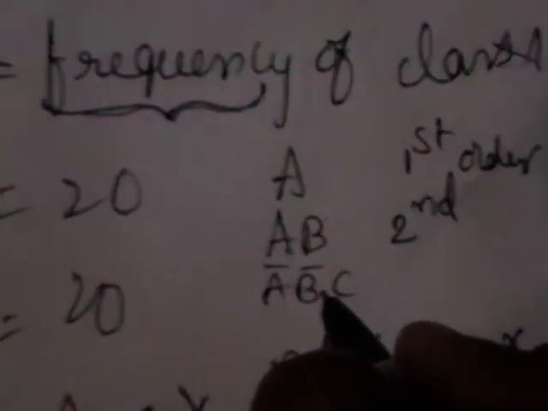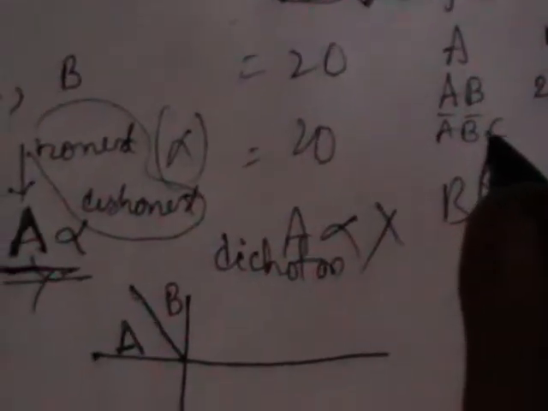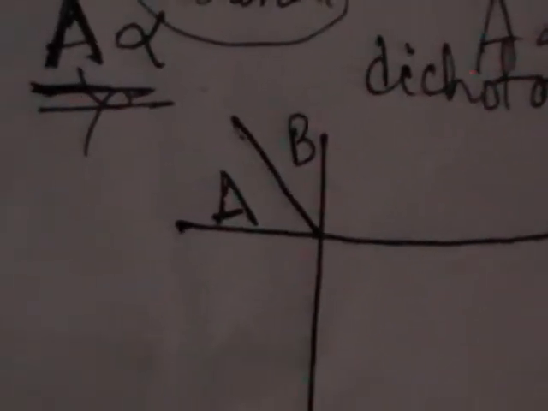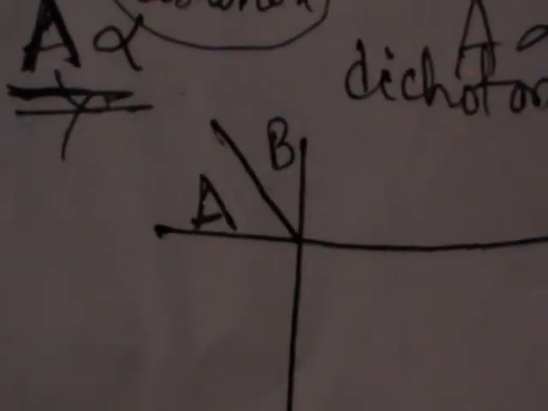Whenever we have a dichotomous population, there are two attributes, so we will have a maximum of only second order. If we have a population with three attributes, we will have third order frequencies. So let us see what possible combinations we will get. This is a very important one.